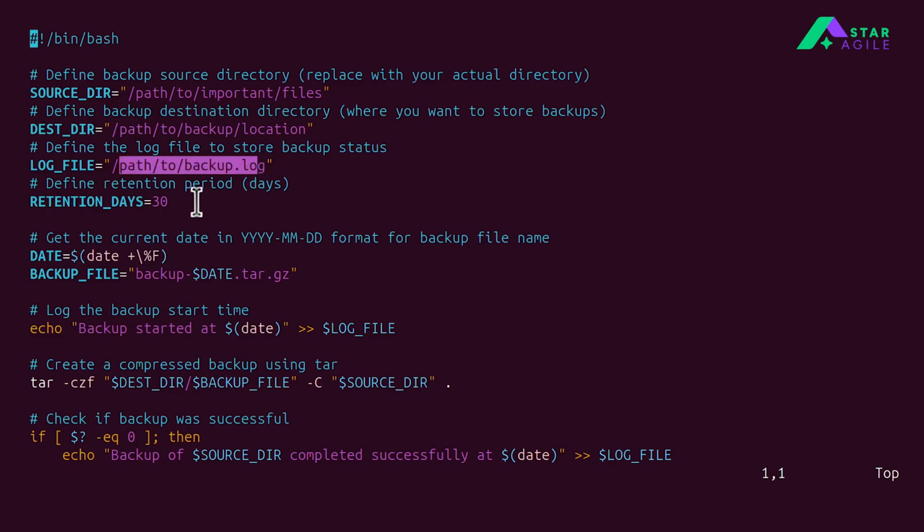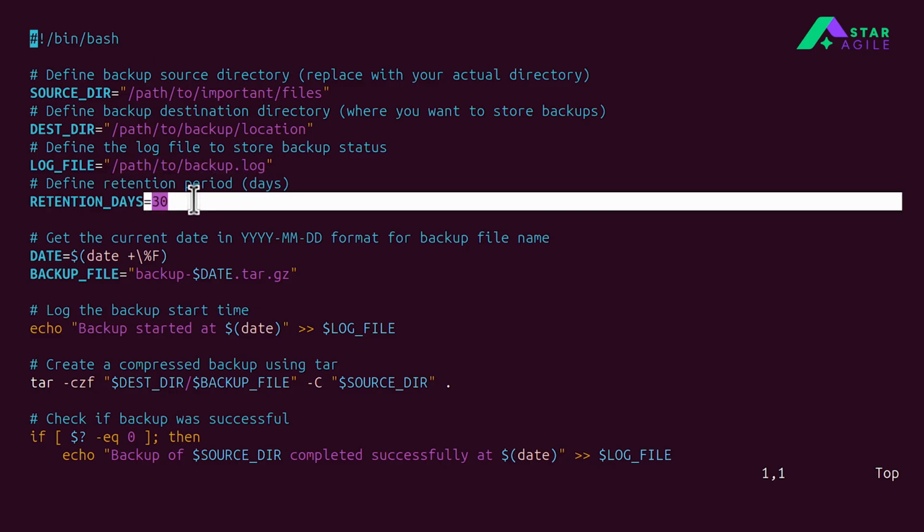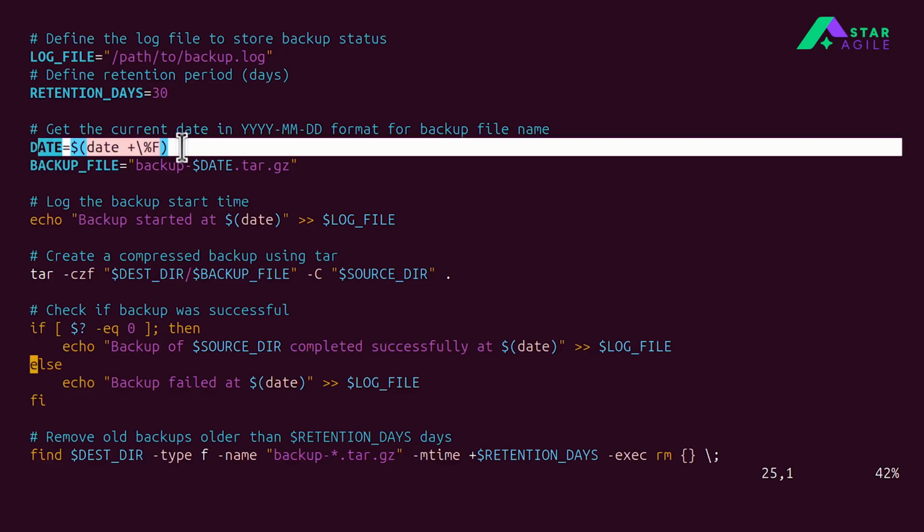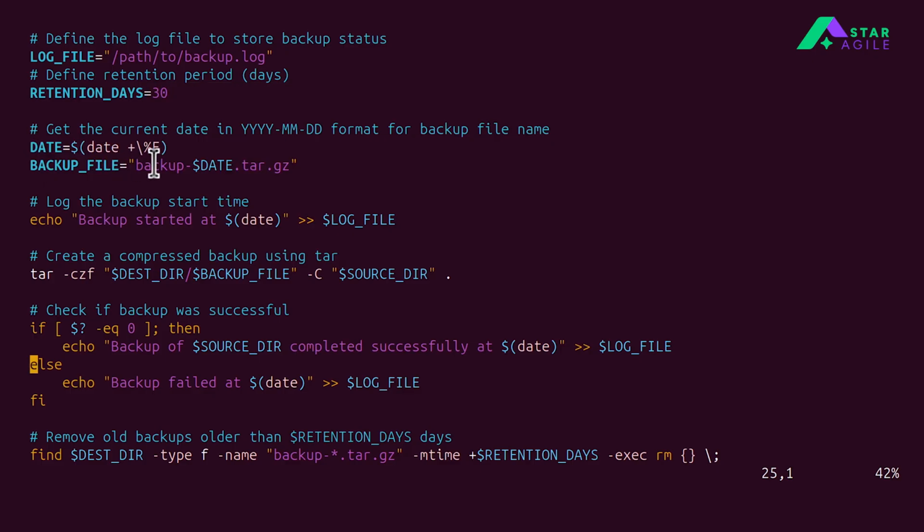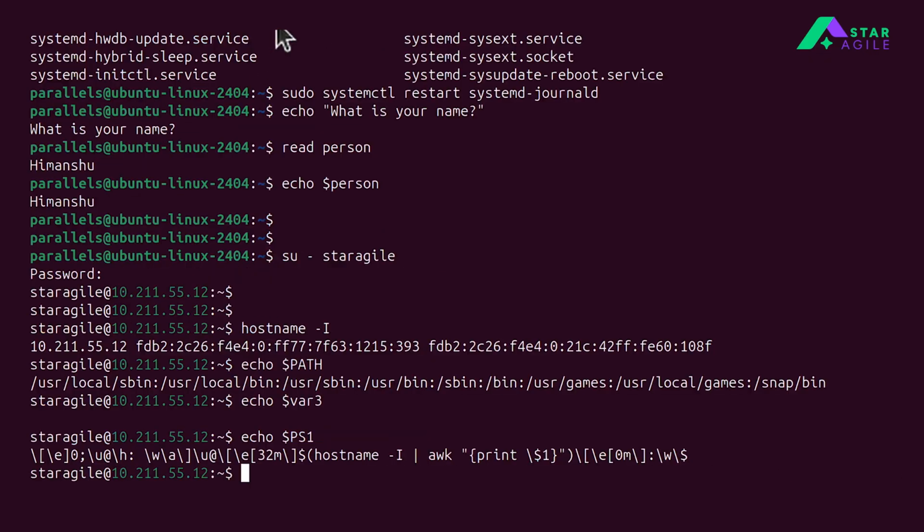Okay, that is there. So once you define all these three things, the retention period is 30 days, which means when it reaches that date, it will automatically take the backup. And then it will rename the file with this format. So this format basically, I'll just show it in the local shell. For example, if I create a directory called ji and then use this, I'm just trying to create a text file, but you see,